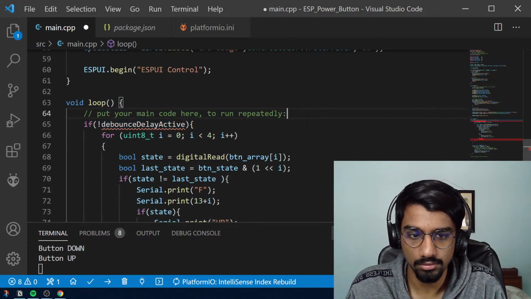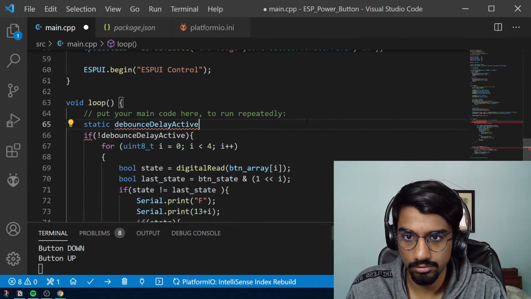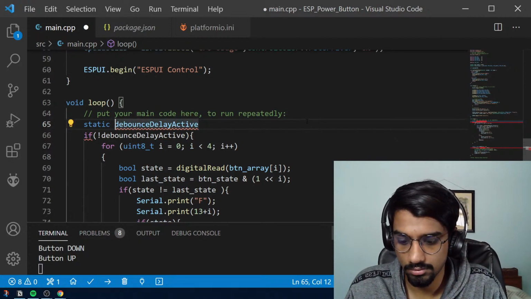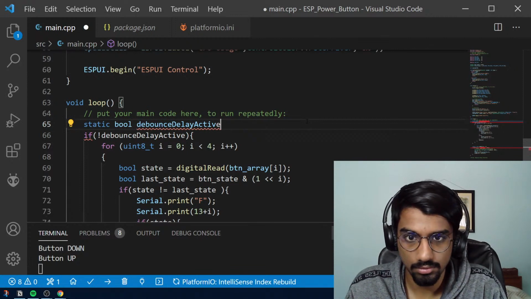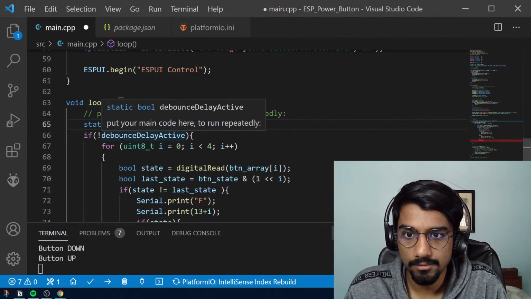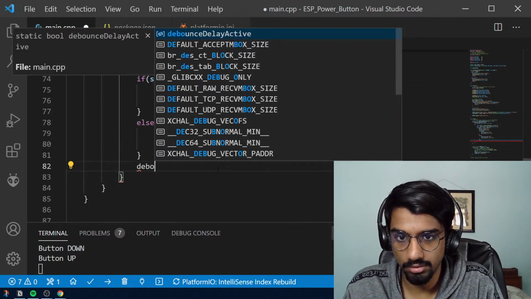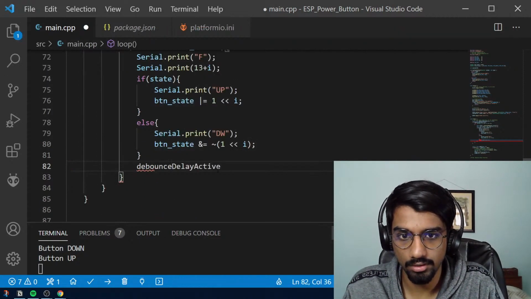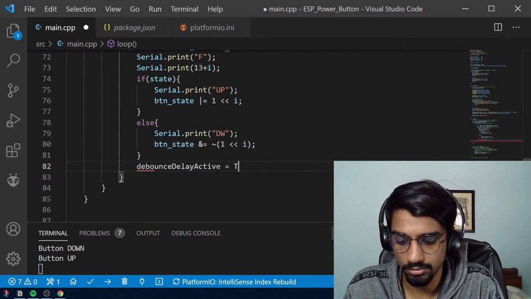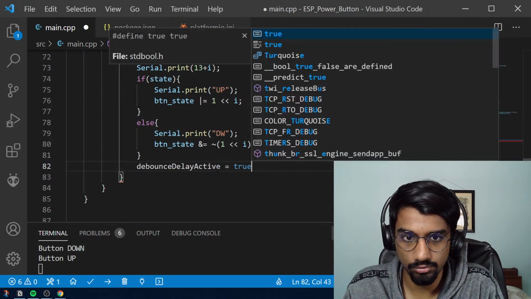It'll be static, static bool, and the default value I'll set to false. Okay. If there is a change, then we say that debounce delay active equals true,